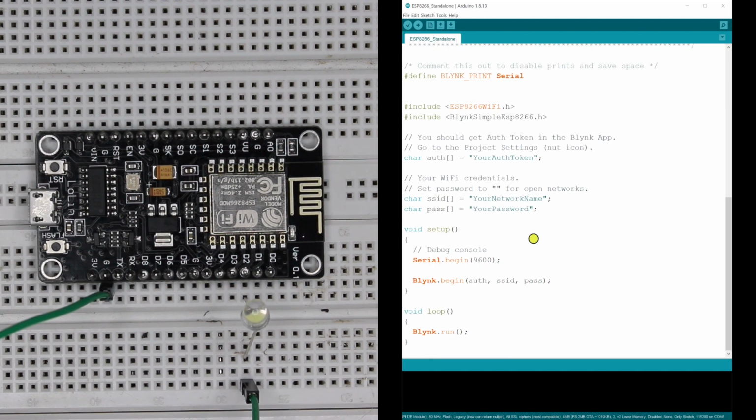What you have to do is you can see this part, the token will be sent to your Gmail, so we'll take it from our Gmail, and here we have to add the personal hotspot or Wi-Fi's username, SSID, and your password. So let's add it now.